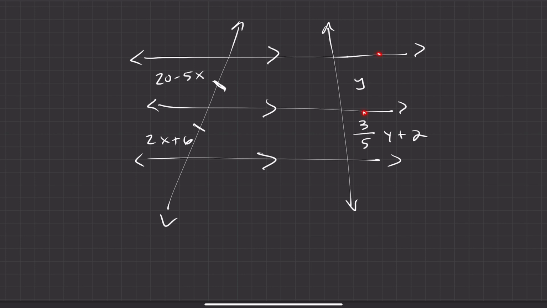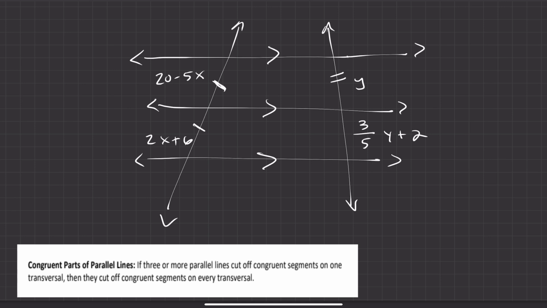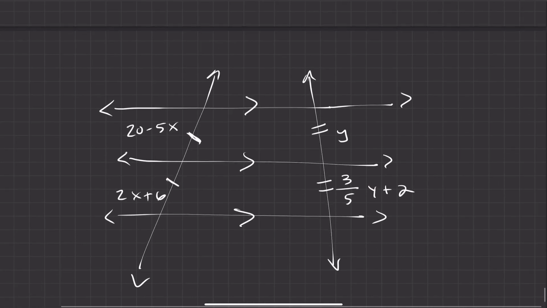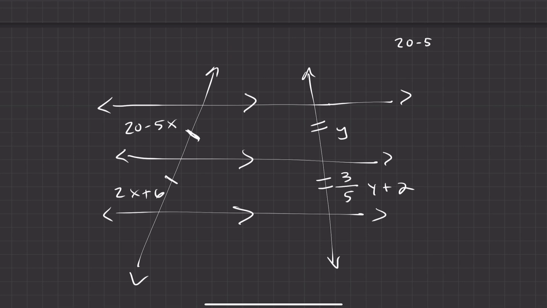And the fact that we have a tick mark here and a tick mark here. If that's the case, you need to draw those 2 tick marks on the other side, because you can go ahead and create an equation. Since these 2 segments are congruent, I can set them equal to each other, and I can do the same thing over here as well. So I have 20 minus 5x equals 2x plus 6, and then I have y equals 3/5 y plus 2,